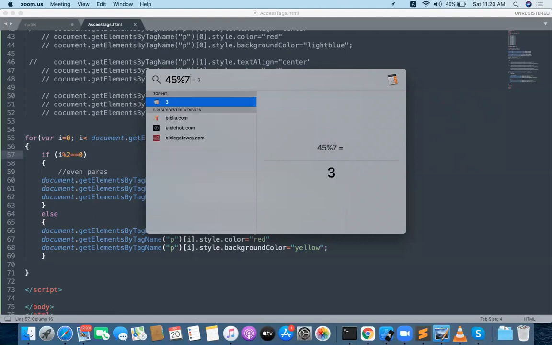Then 45 % 9: 9 5s are 45. Then finally the remainder value is 0. Okay, clear. So you have to understand how the remainder value is going to work for you.